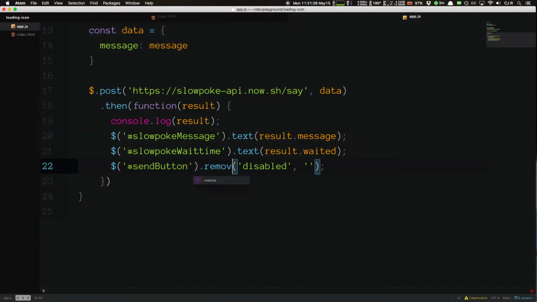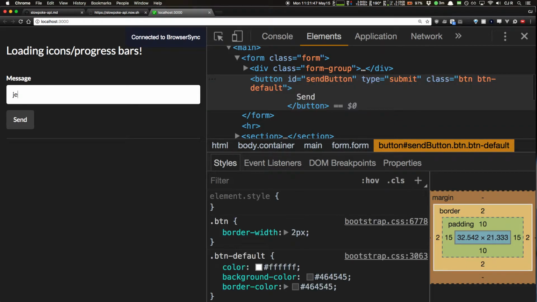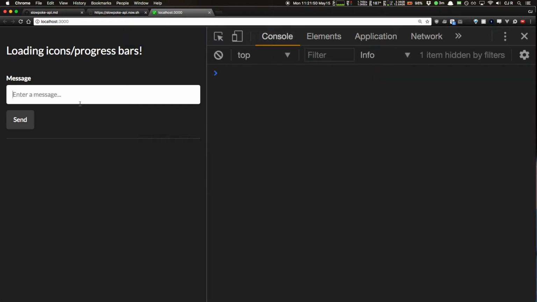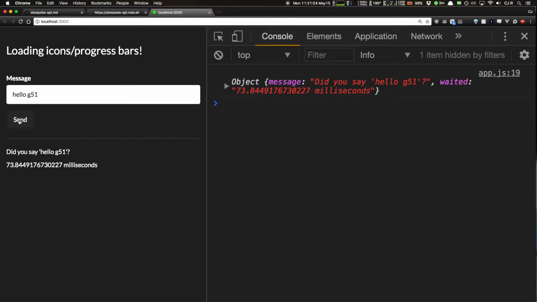Is it remove and one parameter? Remove attribute disabled. Okay. Hello, G51. Look at that, right? This is the beginnings of a good user experience, right? Because they can only click the button once, and then when the data comes back,